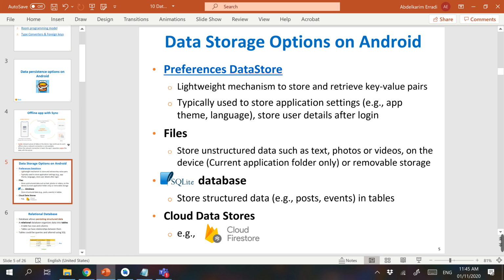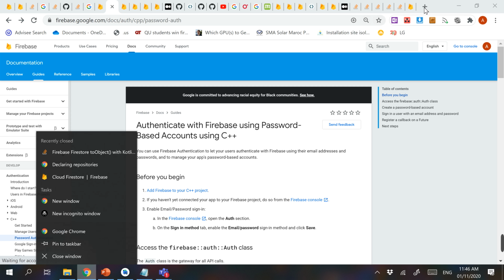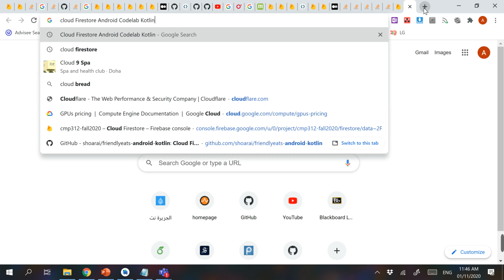One such online database that's very widely used is called Cloud Firestore, and this is a product from Google. So if we go here and say Cloud Firestore,